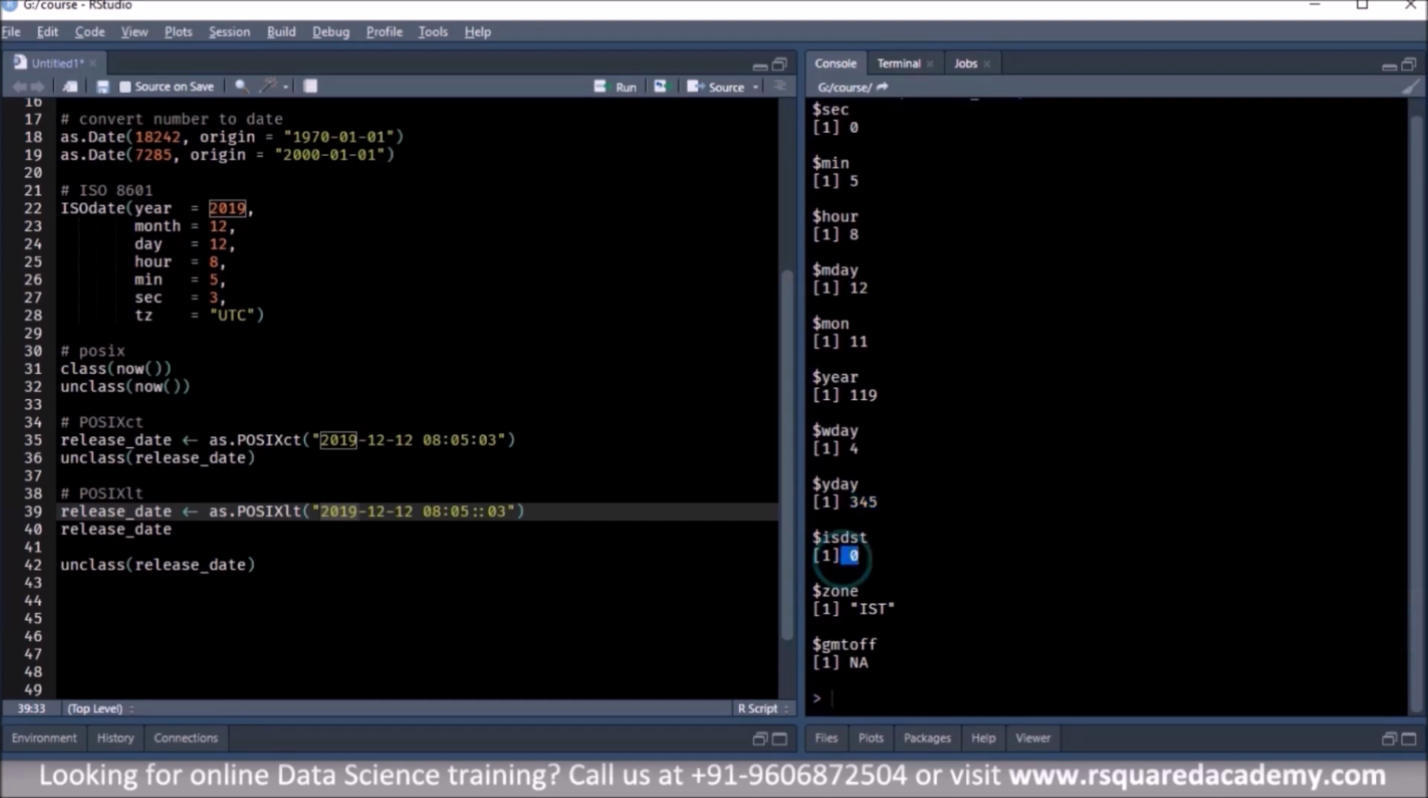Daylight savings on is 0, it says no daylight savings here, it's not in effect. The time zone is giving IST, based out of India, so the time zone here is Indian Standard Time, and offset in seconds from GMT, it shows NA. I'll come to the daylight savings time zone and the offset in seconds from GMT in the